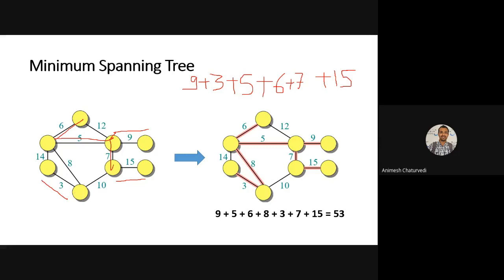Actually these two are not connected. This 3 is not being connected with this part. So you want to connect. What should be the way to connect? 10 is being chosen, 14 is being chosen, or 8 is being chosen. So we choose 8 because 8 is the lowest among the 14 and 10. So you choose 8. So the 8 will be written, and this is being connected.